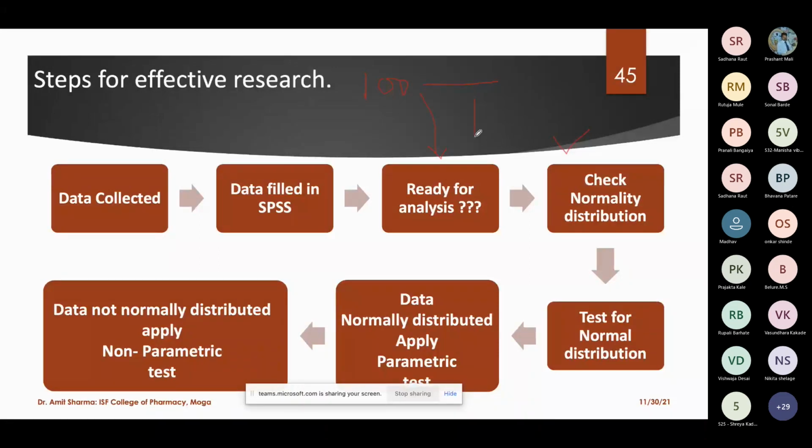So if you have got a bell-shaped curve, it means 100 animals are sufficient to conclude your research. That means you are able to prove that A is causing B. Or if in your data you didn't get a bell-shaped curve, the rule of stat says you have to increase the sample size of your